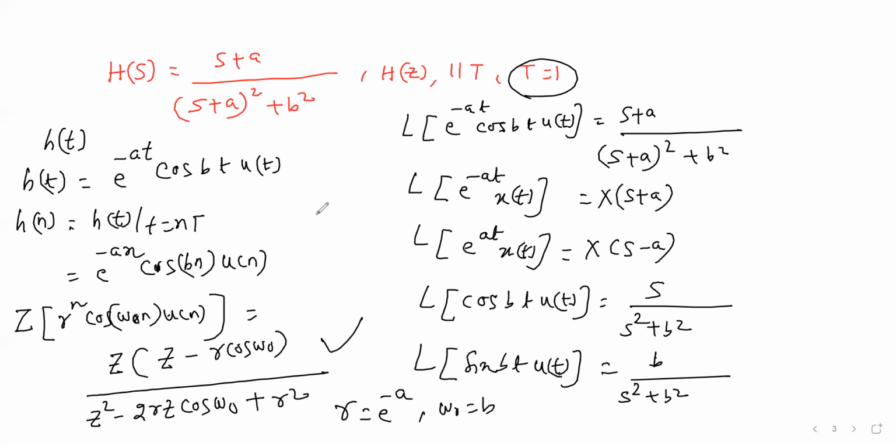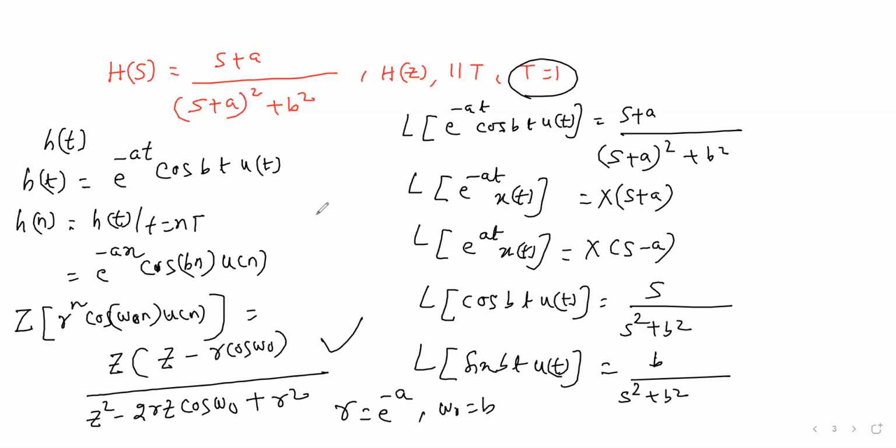Sir, first you said we have to check the stability first, or can we do the problem directly? No. See, simple: whether the mapping is stable or not, that I proved first. And the mapping is proper. When you are mapping from one domain to another domain, you have to check the validity of the mapping. First, we check that the mapping is proper or valid.